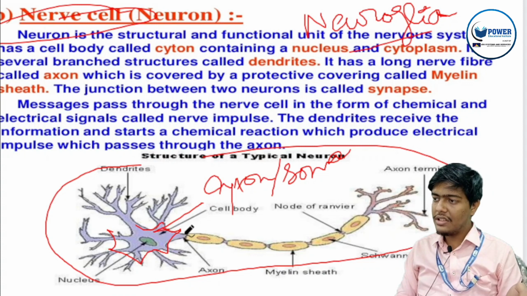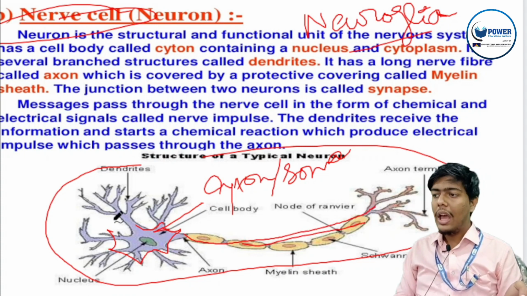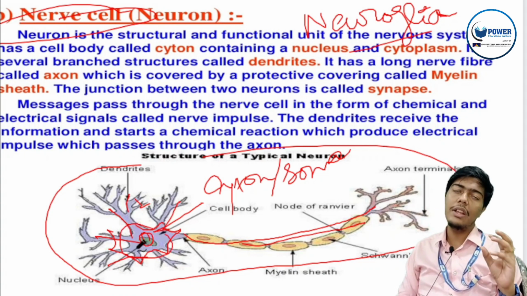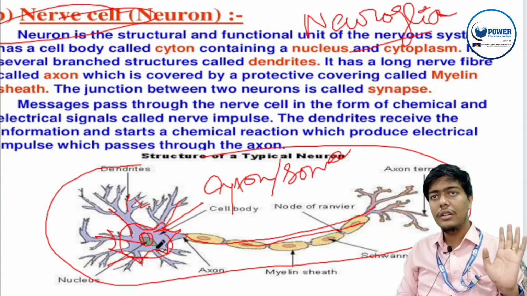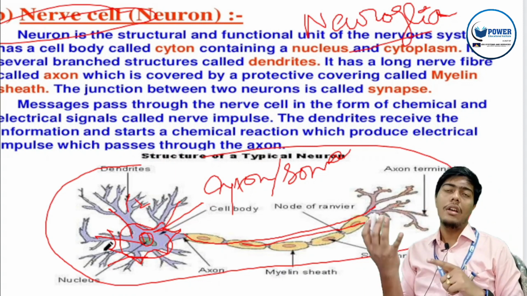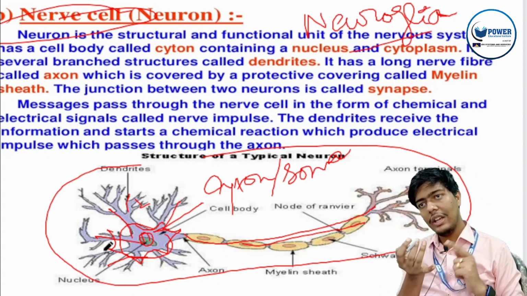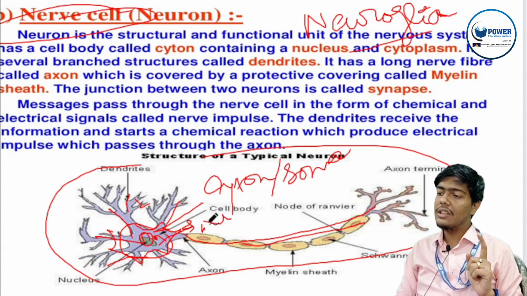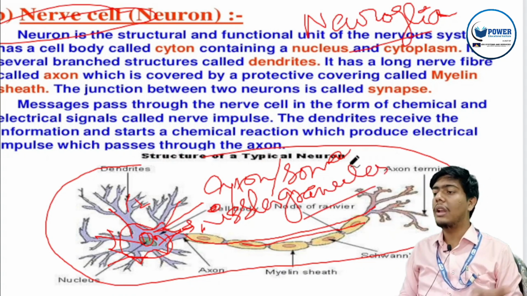It has a long extension which is known as axon, and some short extensions which are known as dendron, and they are further divided into dendrites. This cell body has a centrally placed nucleus, and all other essential organelles like mitochondria, endoplasmic reticulum, Golgi body, etc. It also has a specialized thing known as Nissl's granules. Nissl's granules mainly help in the formation of the neurotransmitters. We will learn about neurotransmitters in our next class.